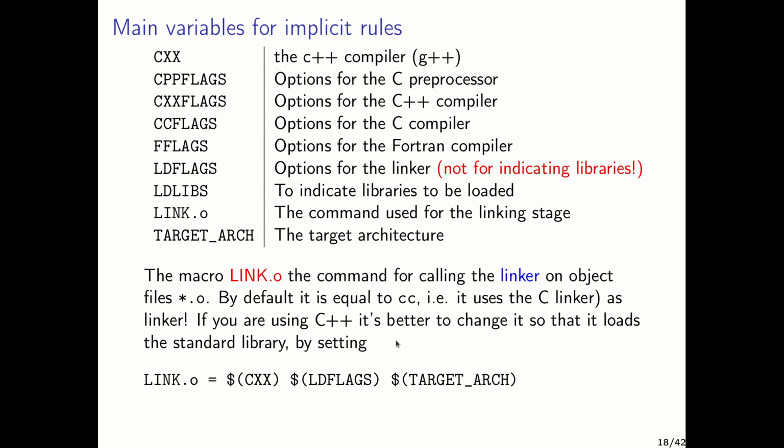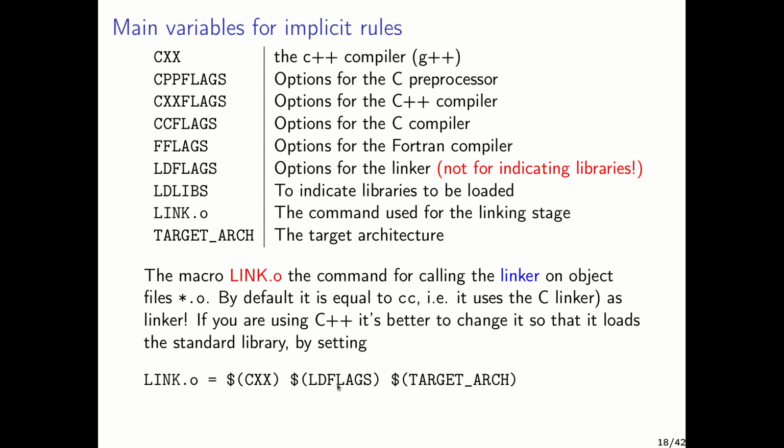Since you don't want to use the C compiler as a linker, because you want to have the standard libraries, the C++ standard library, not the C standard library, you should change LINK.o in this way. Okay, you change it so that now the linker is a C++ compiler, with linker flags, and target arch, because